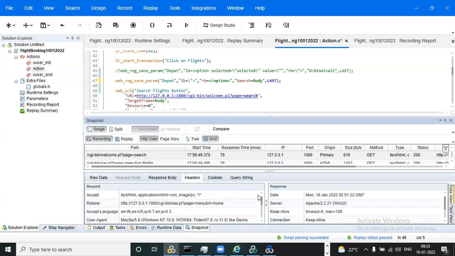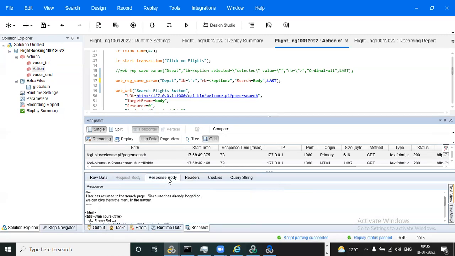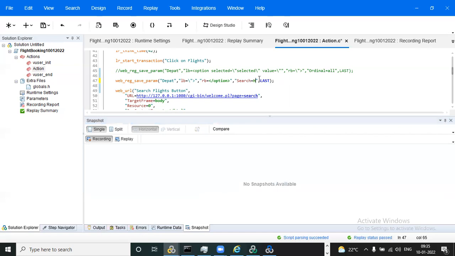These are the headers. Maybe our LB/RB is there in the header part, or in the request body part. We can give it as Body. If it is there in the headers, then we can give Search equal to Header. Then only it will pick that LB/RB. Okay, so this is the Search.